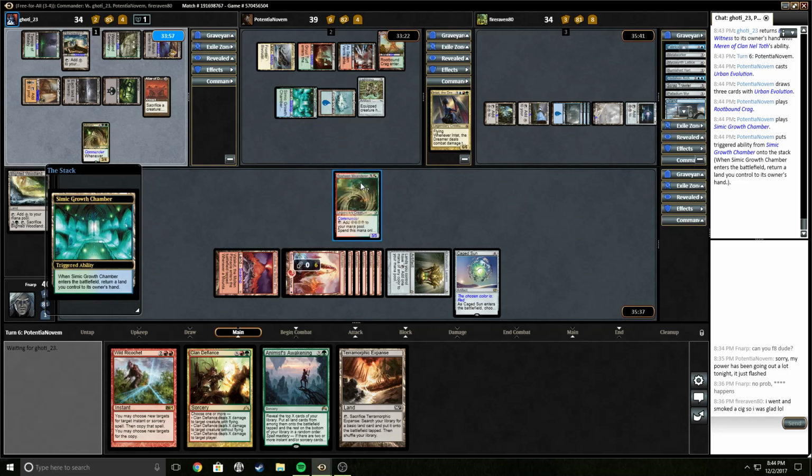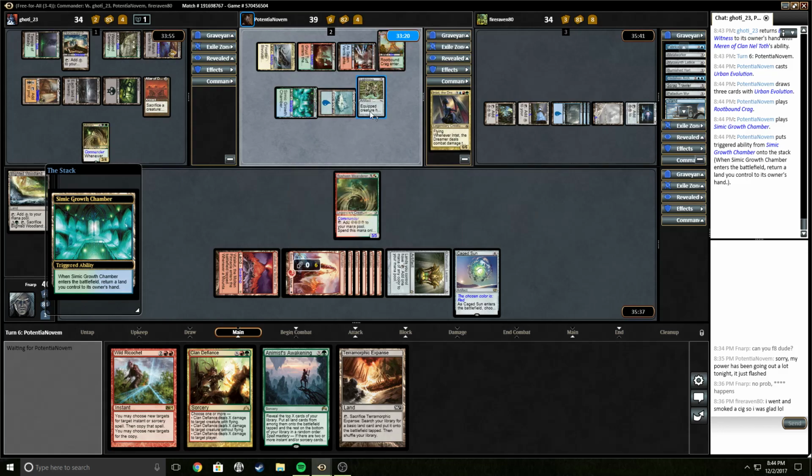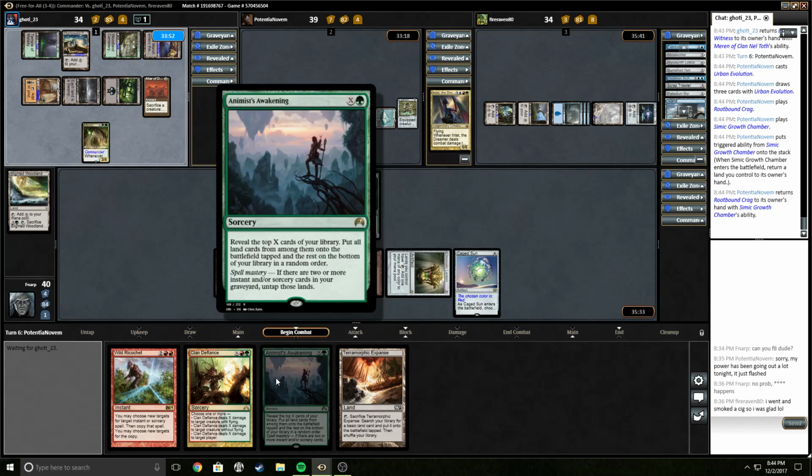I'm going to yield until the end of the turn. Yeah, so he's on Intet next turn with Lightning Greaves, which is a little spooky, because we won't get to Valakut it in time or anything like that. Unfortunately, we don't get the spell mastery on Animist's Awakening next turn either. But